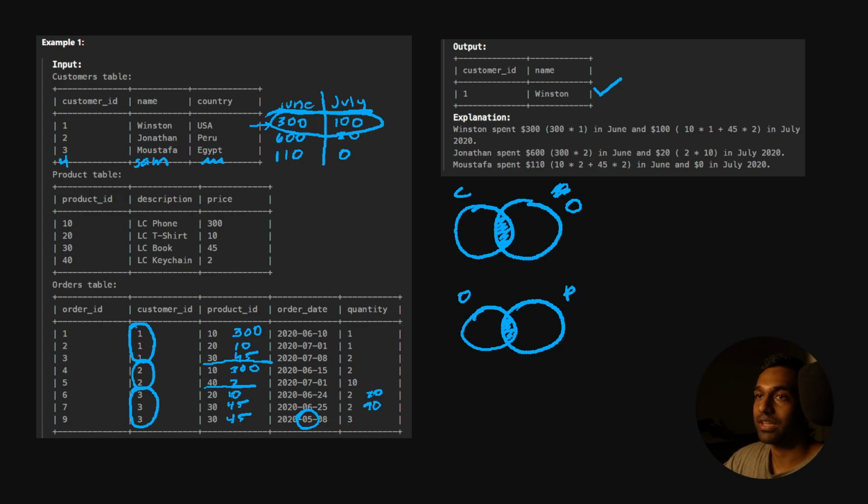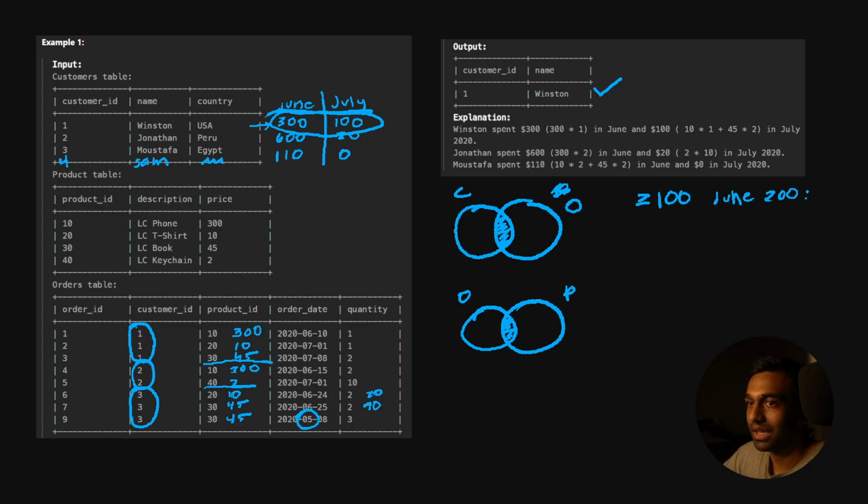See how much money they spent in July. And if we have a table of people that spent at least $100 in June 2020, we'll get